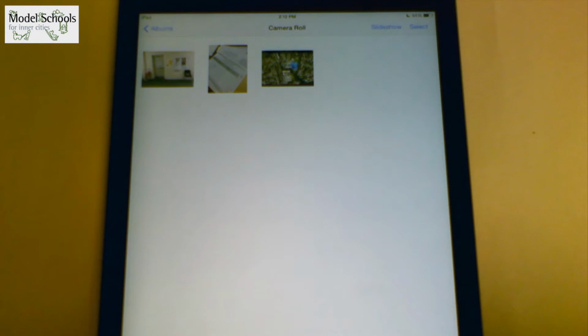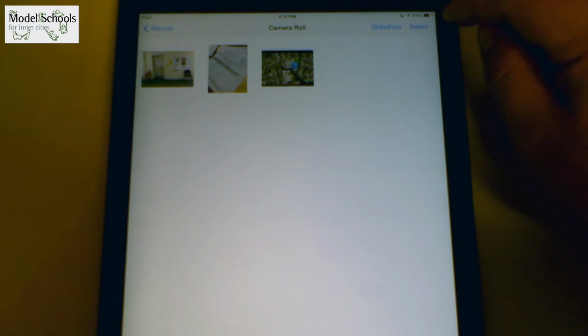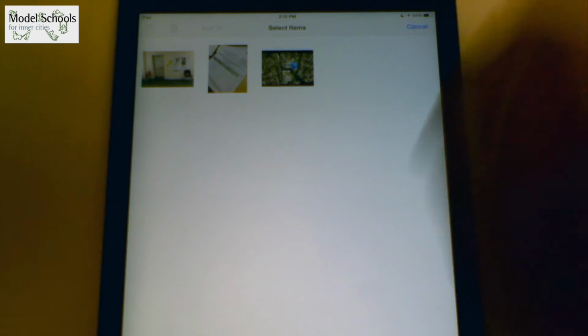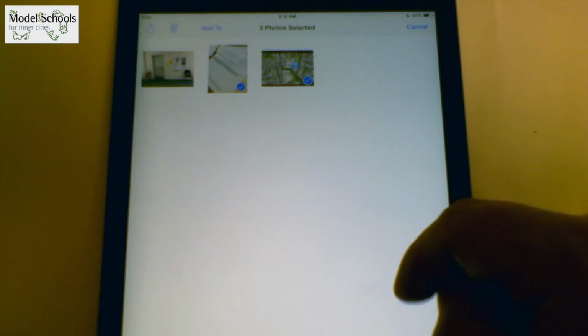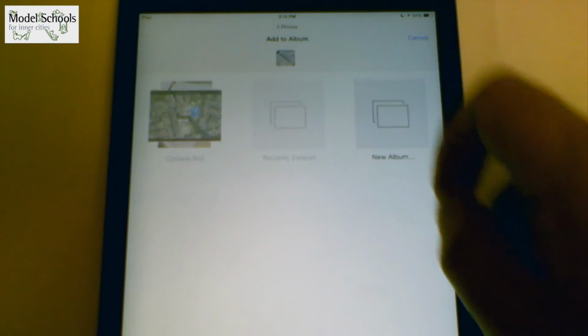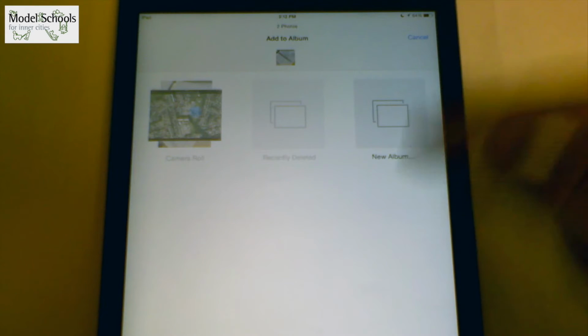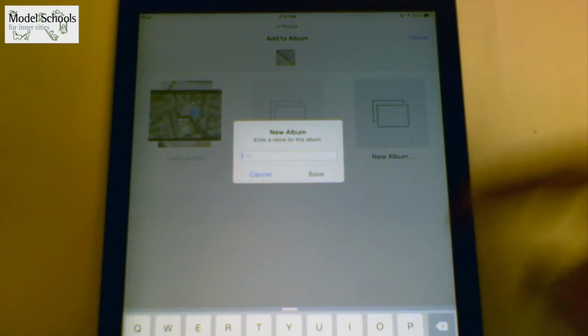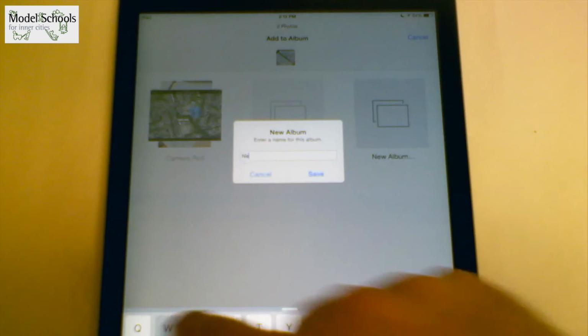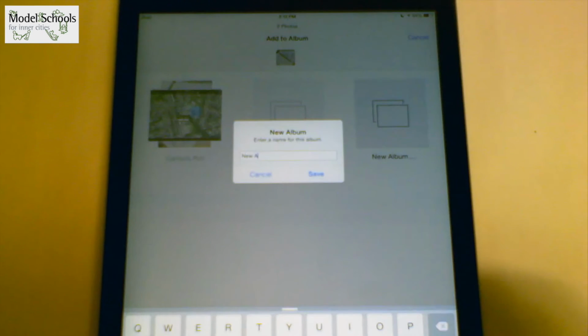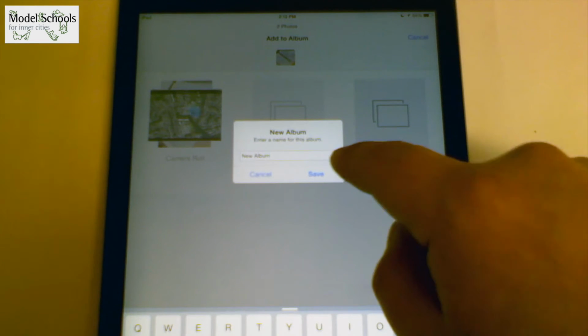to the camera roll. From here, a good practice would be to organize these photos into specific content folders. These folders would be called albums. To do so, if I tap on the select button in the top right hand corner, pick which photos I'd like to be in my new album, and then tap the Add To button, I can then add a new album from this menu view. I have the option here to create a new album title, tap Save,